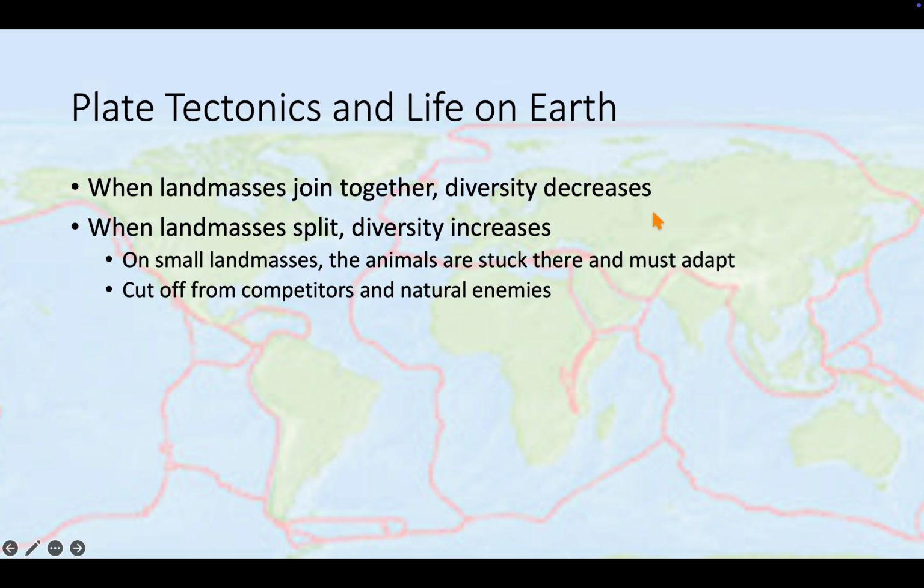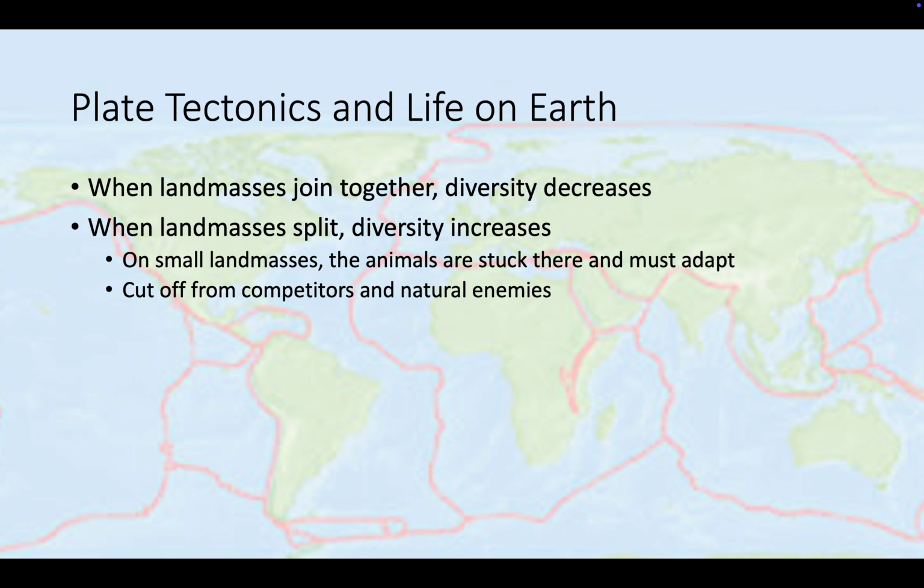Plate tectonics and life on Earth. When land masses join together, diversity decreases just because of the fact that they're all using the same resources, so there's not near as many differences. But they're all interacting with each other, so the same species is going to keep reproducing with the same species. But when the land mass is split,